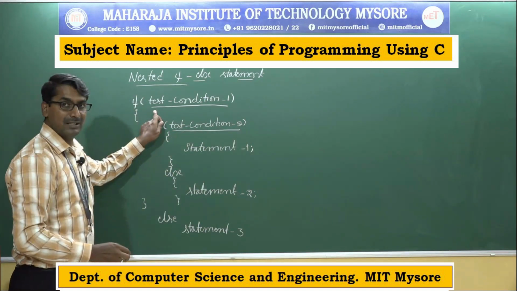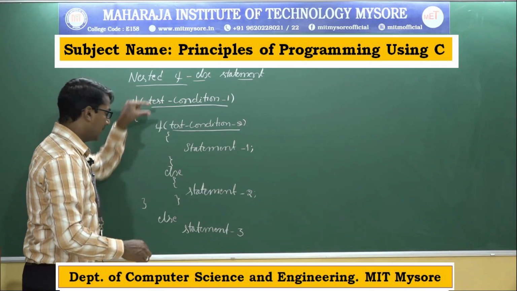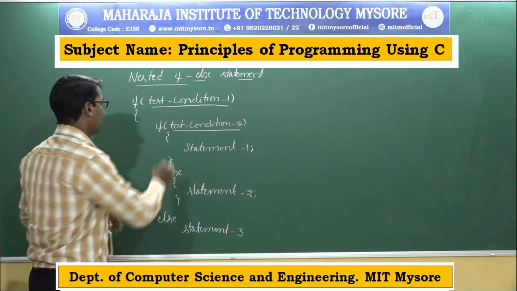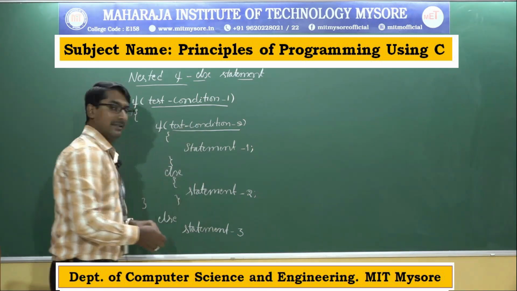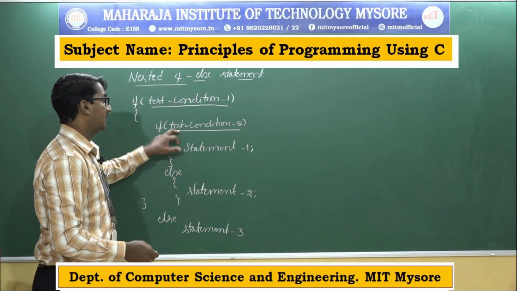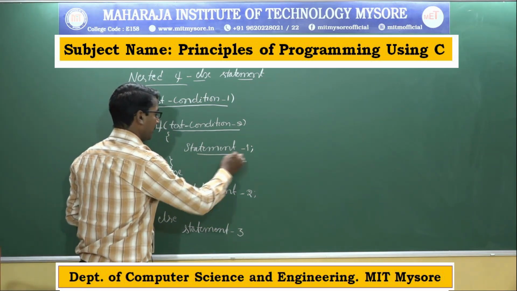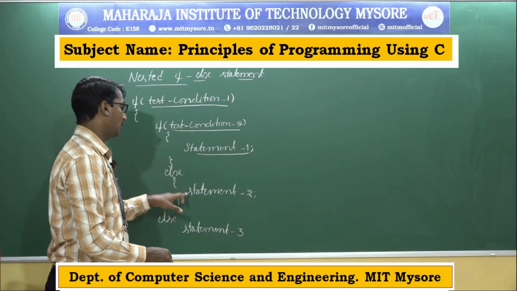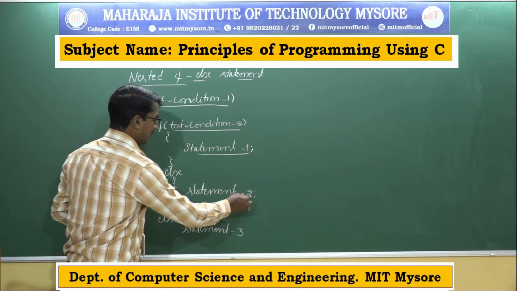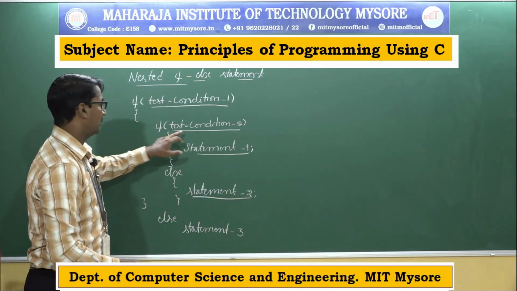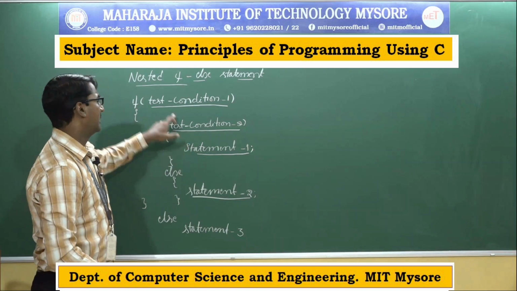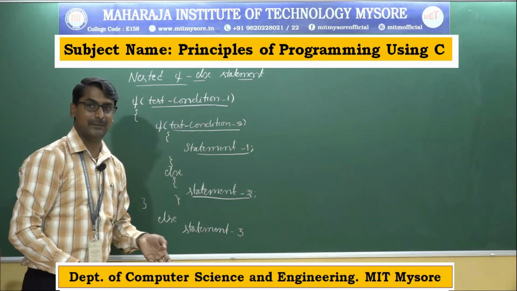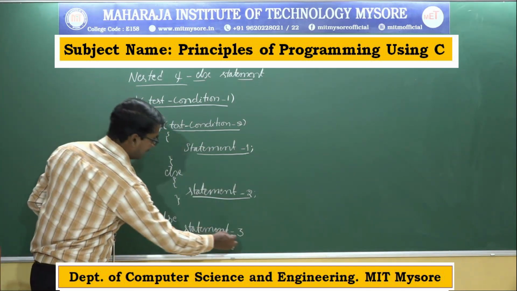If test condition 1 is satisfied, it will move to the inner block of the if statement. In the inner block there is one more condition, that is test condition 2. If test condition 2 is satisfied, then it will execute statement 1. If the condition is not satisfied, then it will execute statement 2. Statement 2 will be executed when condition 2 is not satisfied. If in the beginning step, test condition 1 is false, it directly executes